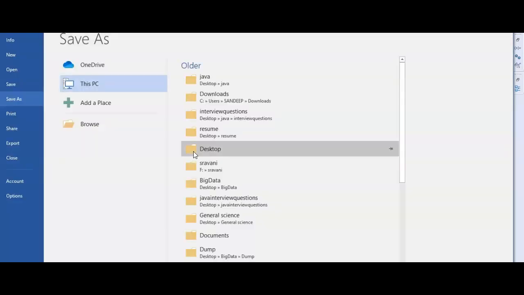Let's understand and try to implement the logic. How do we say a given element is a leader or not? First we'll take a boolean variable called flag and initialize it to false. Then we'll iterate and compare each and every element.